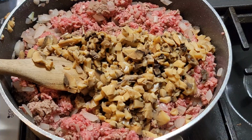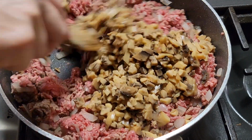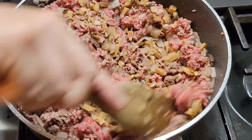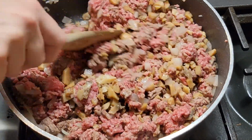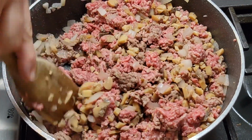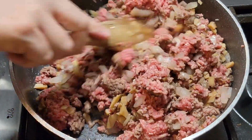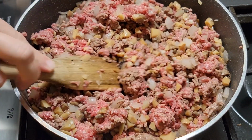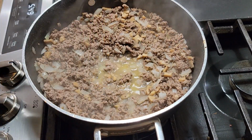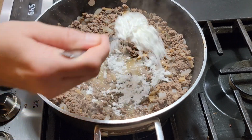I did get rid of my little meat masher thing, and I've just got this little spurtle just to stir that up together, because I didn't really need the meat masher anymore. But I'm going to go ahead and continue doing this, and then I will bring you back when it is done and put together. Okay, so now that that is browned, I did drain off a decent amount of that,